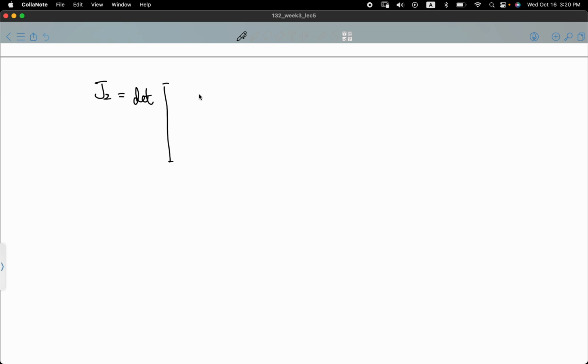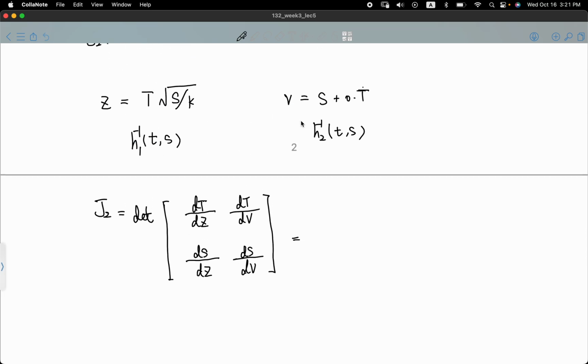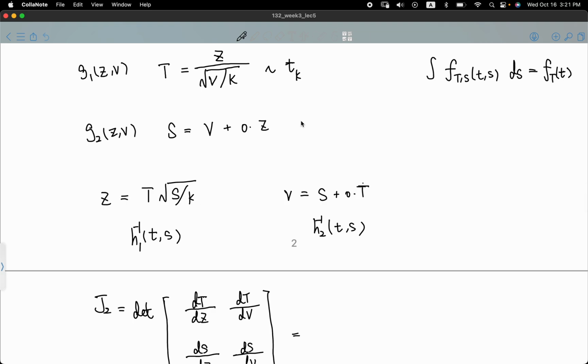Determinant of the following: dt, the one that we make the change to, the z, the original. So dv, ds, dz, ds, dv. And then which one to choose, J1 or J2, depends on how easy or difficult these derivatives are. So in our case, maybe it's simpler. Okay, so dt over dz